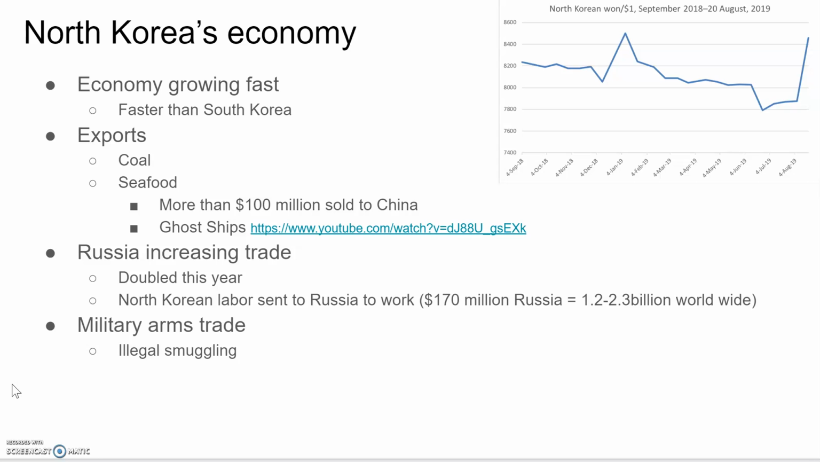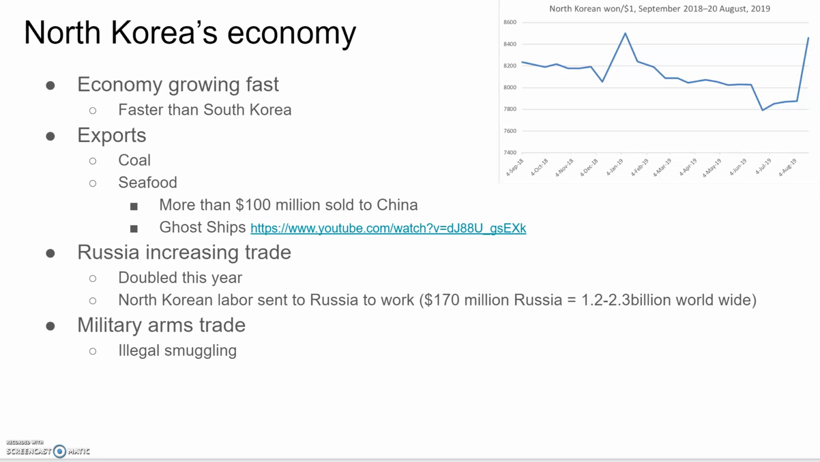So North Korea exports things like coal and seafood, and there's tons of seafood, over $100 million sold to China alone. But this brings up a really great documentary I've embedded, which is about the ghost ships of these North Korean sailors who wash up on the Japanese shores. And that may be something for someone focusing on Japan. But it really shows how far out the North Koreans are going to find this fish, because it's much harder to get these fish from near the North Korean